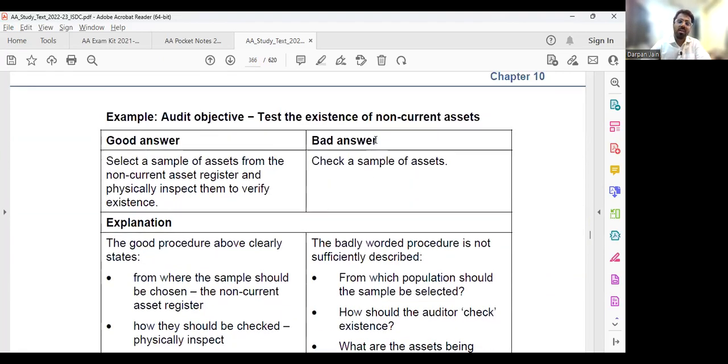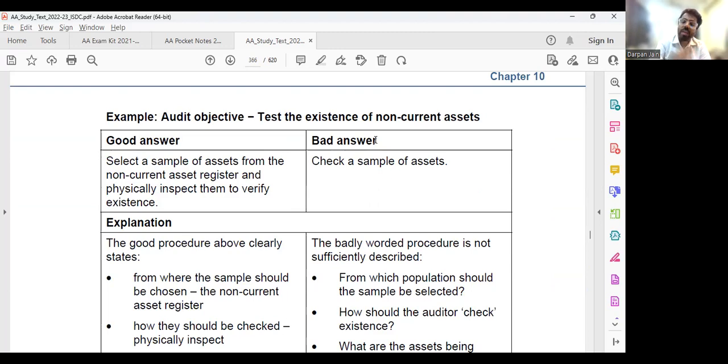See this example. First, see what is the objective. As I told you, objective will always be related to what? Objective will always be related to one of your financial statement assertions. So see the audit objective in this example: to test the existence of non-current assets, E of CWOP. You are trying to test the existence of the non-current assets, as to whether the non-current asset actually exists or